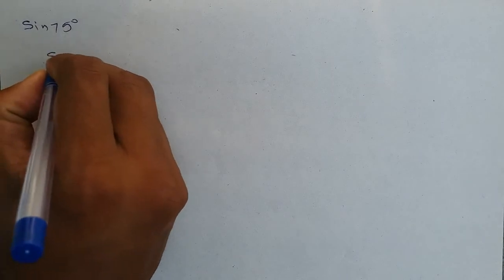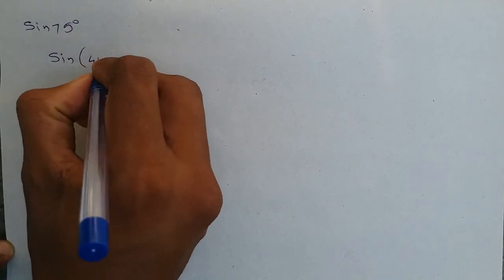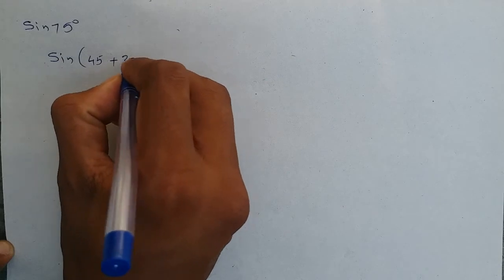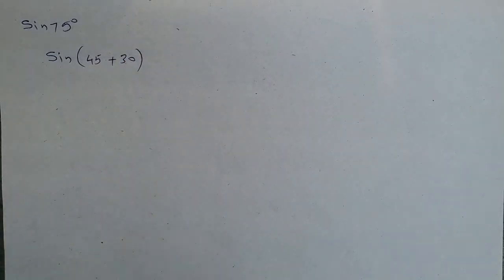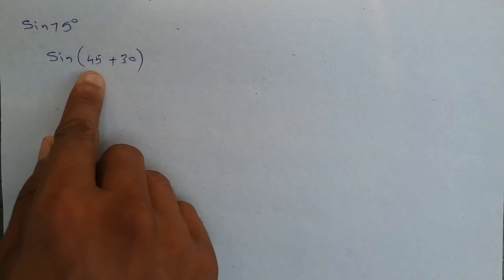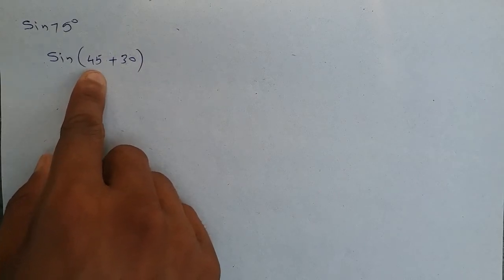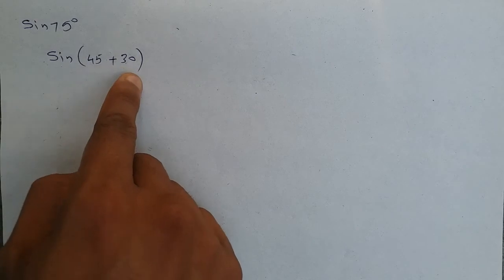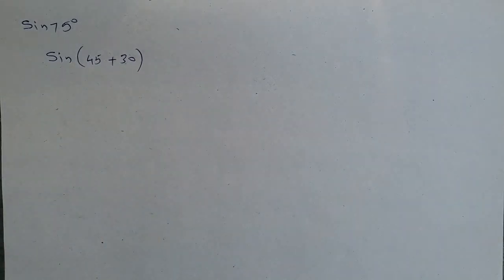The next question is find the value of sin 75 degrees. So this 75 I am writing as 45 plus 30. Of course you can write it as 70 plus 5 also, 60 plus 15 also, but the only thing is that we don't know those values. Whereas here, 45 and 30, whether it is sin or cos, I know the value of sin 45 or cos 45 or sin 30 or cos 30. So that's why I'm taking this 75 as 45 plus 30 only.